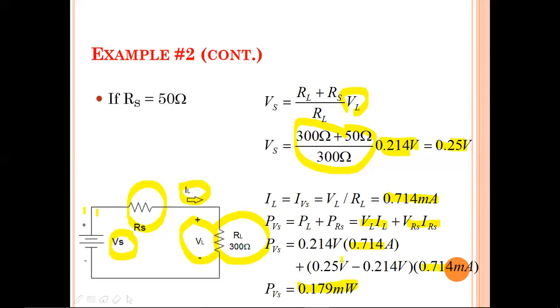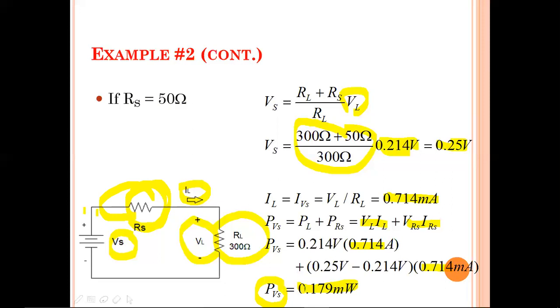So for finding the voltage, I already know the voltage VL. This is delivered. So this is the supply, this is already delivered. Then the rest of the voltage means supply Vs minus VL. Then you will get the loss of voltage, meaning the voltage drop across this resistance, that is 0.25 minus 0.14. Some value in the 0.00 points will come as the voltage across the internal resistance. Then after multiplying the voltage and the current flowing through both resistances, you will get the total power delivered by the source. So that power is 0.179 milliwatts.